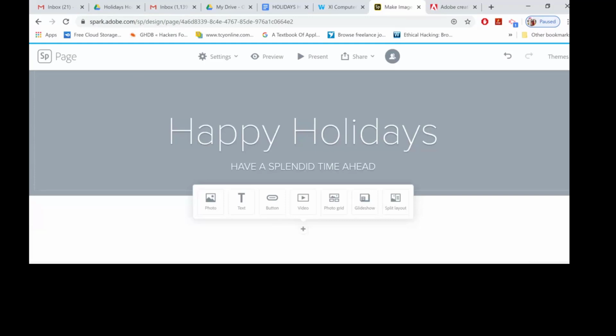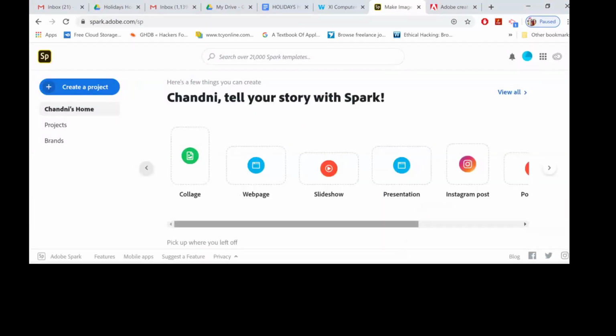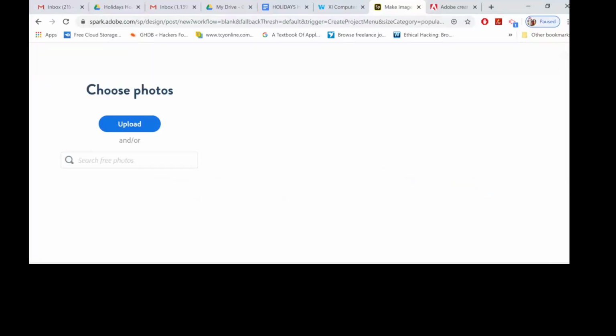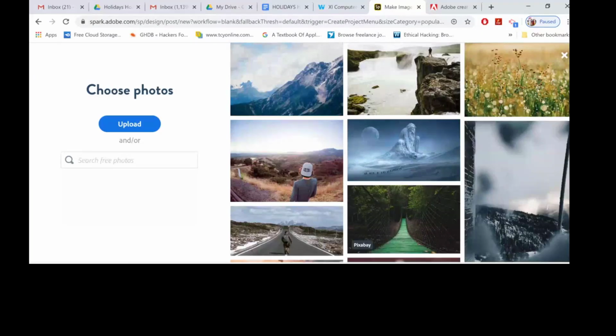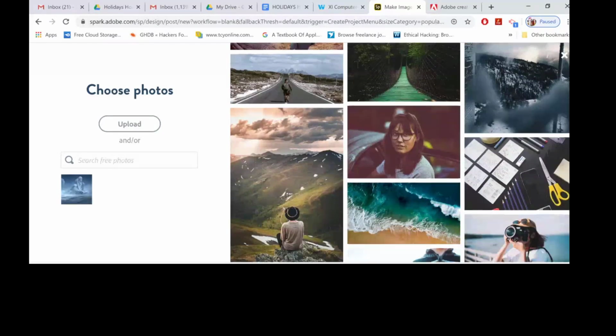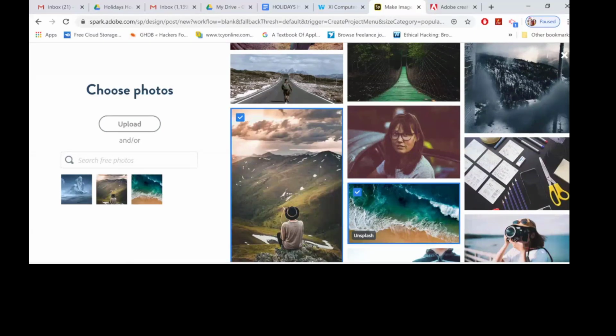Now I am coming to how we can create more sparks. This web page is a combination of all, which you can create separately first. I have just shown you the part. I have told you that you can create all these things, so I am coming back to the smaller ones. If you go to collage, you can create your own collage with uploaded photos. You can create a collage with the given photos, right?